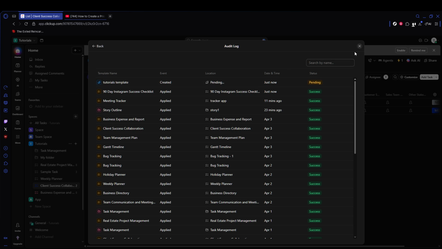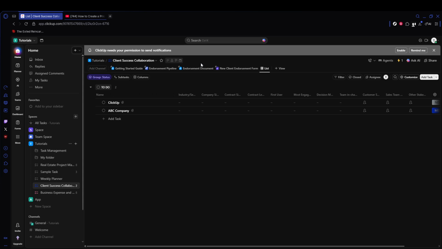As a best practice, template the workflows you repeat most often, keep task names and fields generic and reusable, and revisit your templates periodically to keep them aligned with your current